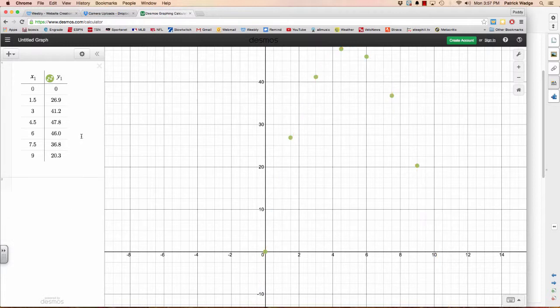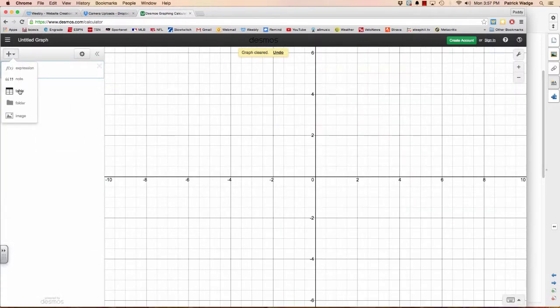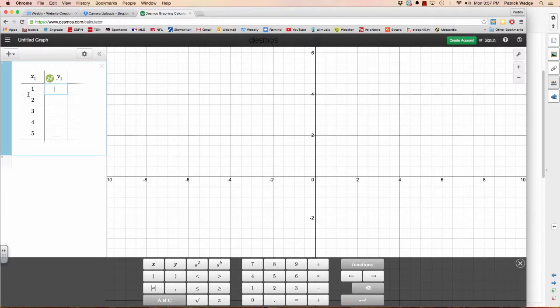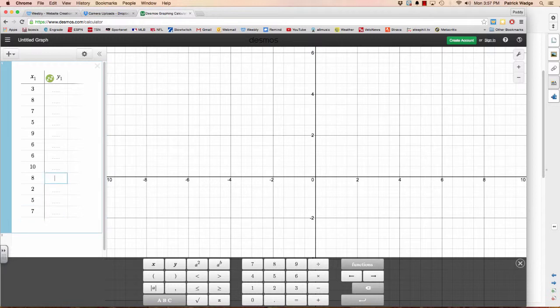So I'll get rid of these. I'm going to chain, well, why don't I just get rid of it and start a new table. And here we go. Again, I'm just going to enter it in pretty quickly here. So in the X column, we've got the first person 3, then 8, 7, 5, 9, 6, 6, 10, 8, 2, 5, 7. And in the Y column, it is 44, 81, 75, 60, 66,